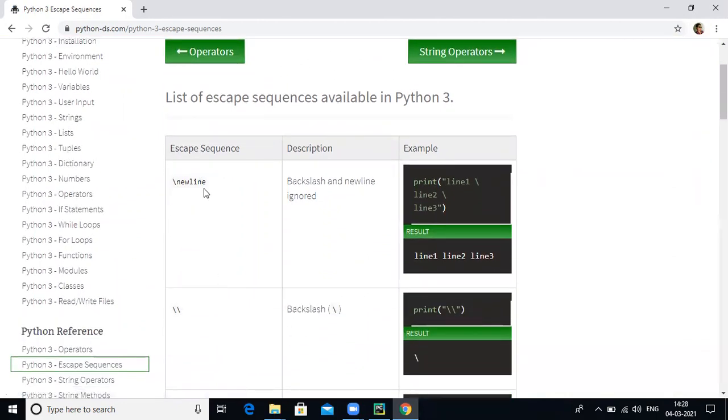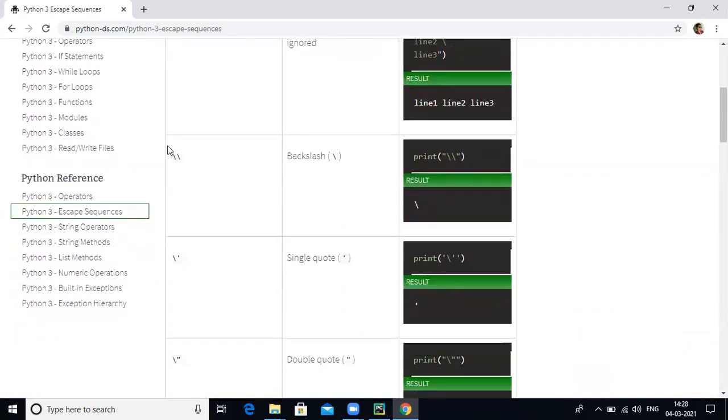For escape sequences, backslash and new line is ignored. After that, double slash means backslash, it just prints the backslash, and the result is like this. Fine. If I want a single quote, then just write a single quote like this and it prints the one single quote.